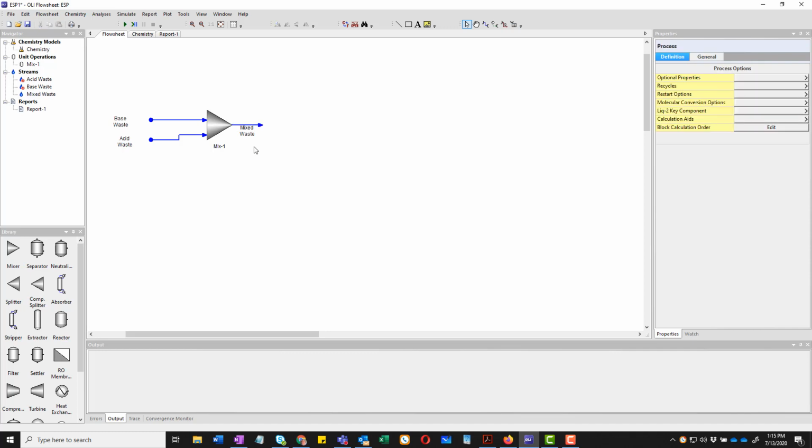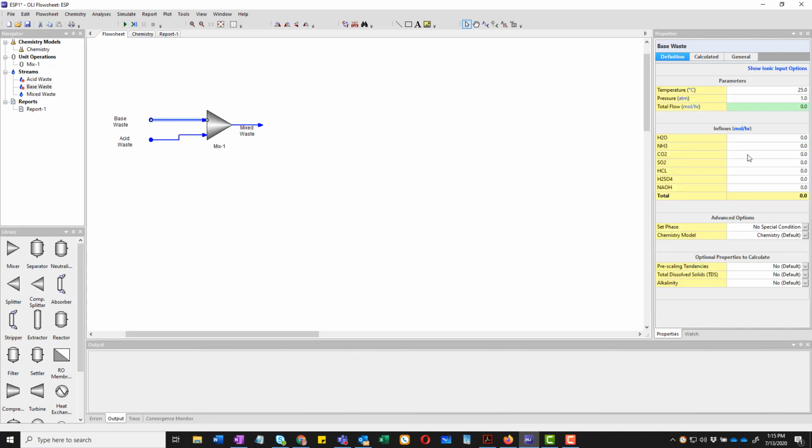Or you could have left the names that we recommended. So we're going to start off with adding our first stream here, which will be the base waste. I click on it. And over here in the tab, you can see the properties. The temperature, in this case, it's 40 degrees centigrade. In a different video, we will show you how to change units. It is going to be at 1 atmosphere, and we're going to have 200 moles